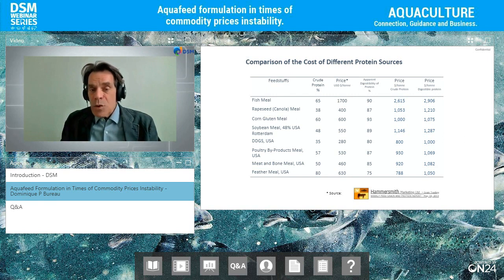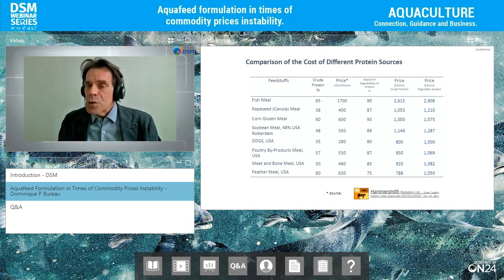And in this, you identify the good deals, right? So in this case, DDGS was a really good deal. Feather meal was a really good deal. Corn gluten meal was a good deal. Red canola meal, in that specific case, was not so good a deal. In that specific year, 2013, soybean meal was a bit less of a good deal compared to the other ingredients. So you can do these simple calculations: take the price list, look at the nutrient composition, and divide the value by the nutrient composition.